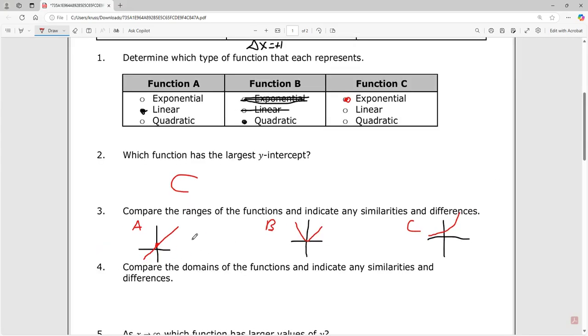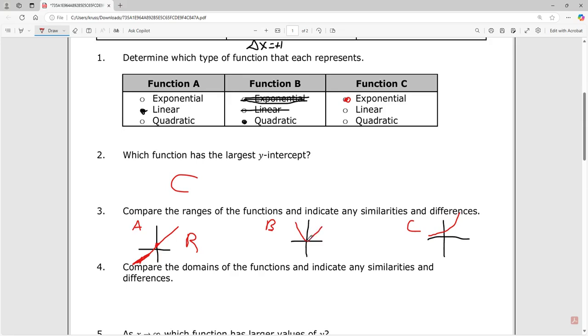The range for this is all real numbers, right? So where does y, what is the up and down, where does this function live? Like, where does the line exist for values of y, for the up and down? It's all real numbers. Any value of x will give me any value of y, and it's continuous throughout infinity. Okay, so for B here,